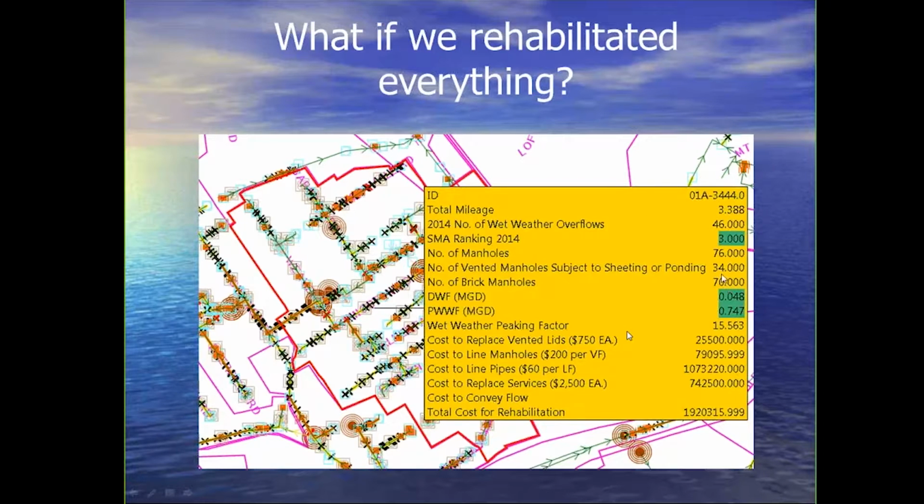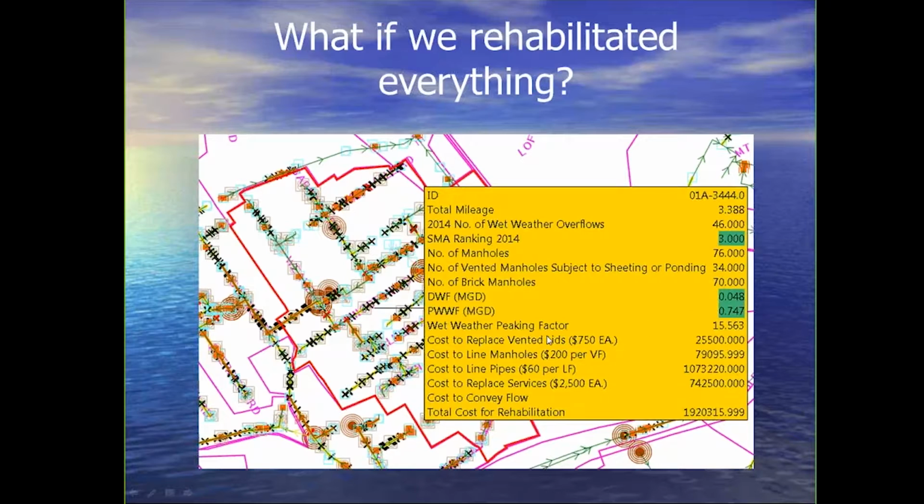But I've also populated this, again using a query, with the number of manholes, number of vented manholes that are subject to sheeting or ponding, which came from the manhole surveys, number of brick manholes, again from the condition surveys. From the model, I see the dry weather flow and the peak wet weather flow, and then the resultant factor between the 2. And I did some calculations here based on if we replace the vented lids that we had